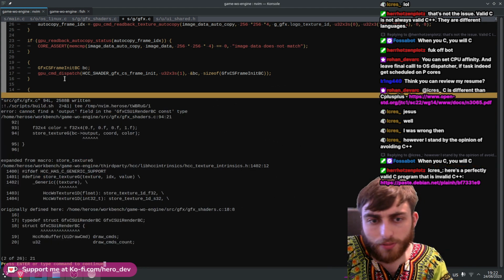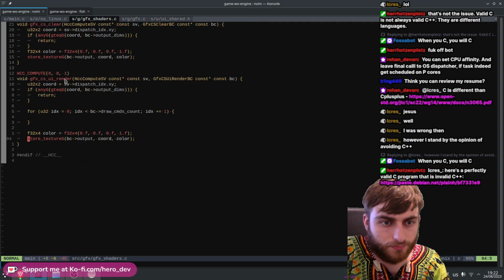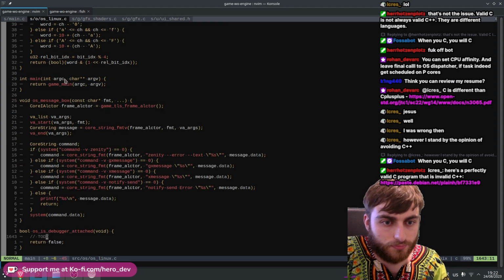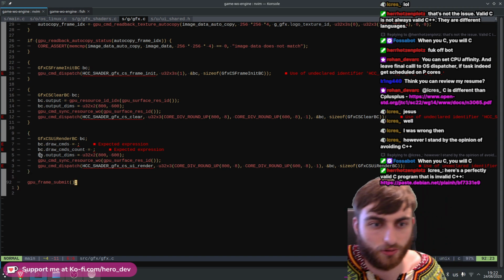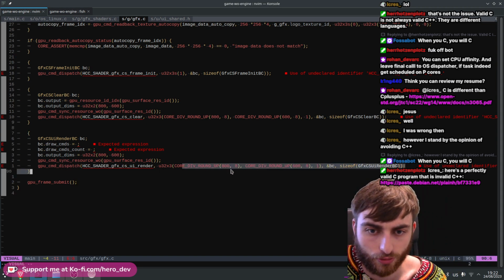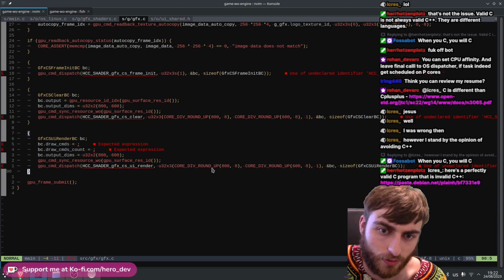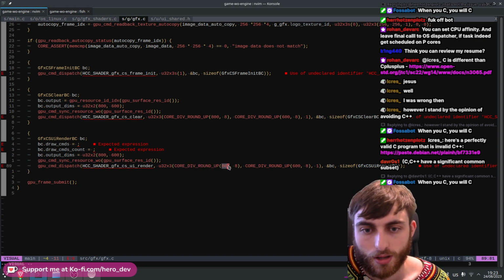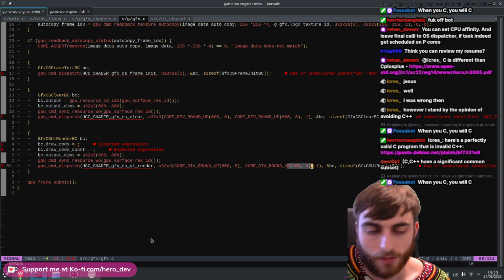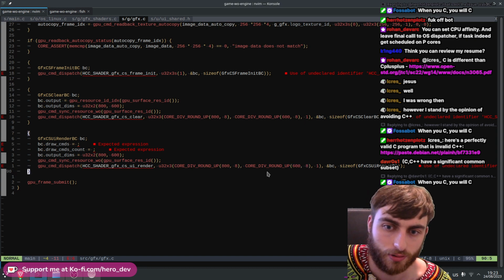There we go. So hit compile. So the idea is when we call dispatch, we're saying, hey, launch. So it's going to divide 800 by 8, but it's a rounded up one, so it doesn't truncate, right? Divide that by 8 and divide this one by 8. So what we're doing is we're launching like